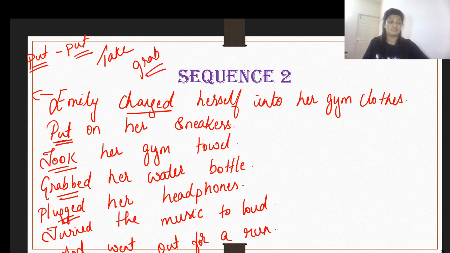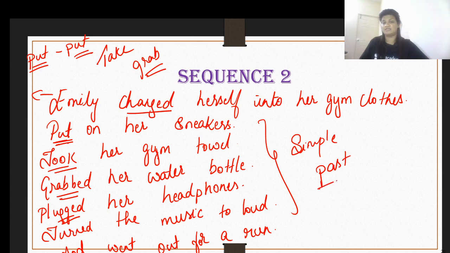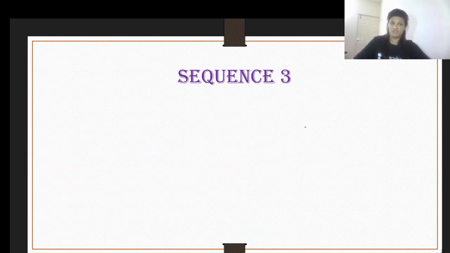Plugged is the past tense of the word plug. Plugged her headphones. Turned the music too loud, and went out for a run. So here we are narrating another sequence with simple past. So when you are narrating an incident, stick to simple past and you will not have any problem. Let me take you through another